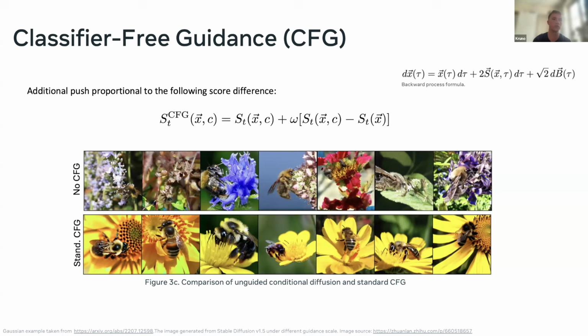And the third problem, which I'm not going to get into, you can also see that classifier-free guidance has picked up a spurious correlation in which not only has it generated a bee, but also it's generated a yellow flower every time. So this is something that we're going to have as a running example and we're going to try to fix.